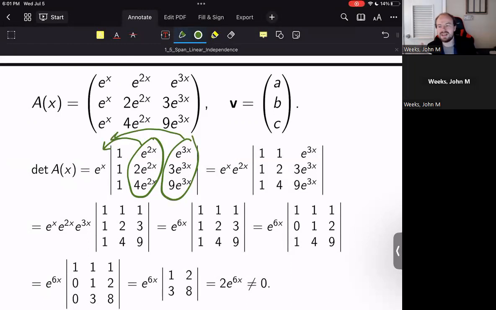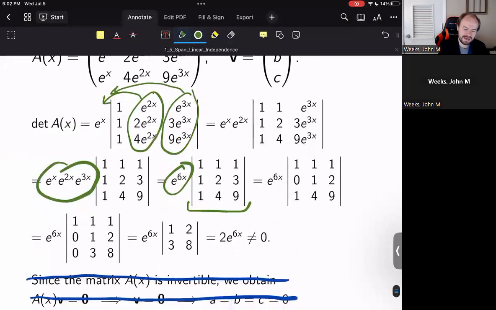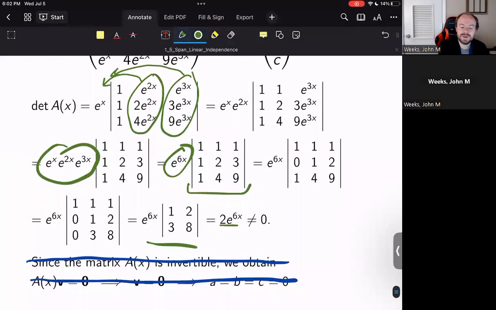So I can just say the determinant of this is e to the 3x times the original matrix, but this time without the e to the 3x in that third column. I can do the same thing with e to the 2x, e to the x, and get a big coefficient term out in the front, e to the 6x. Now we're just left with something that we can hopefully very easily take the determinant of. Once we do some row reduction, we can get something that's a little bit easier to take the determinant of, and we get a function 2 times e to the 6x,